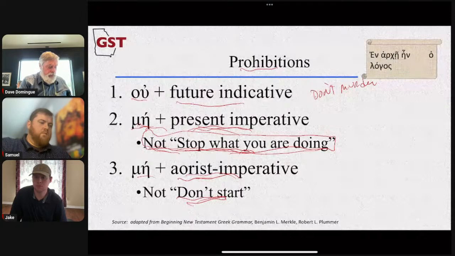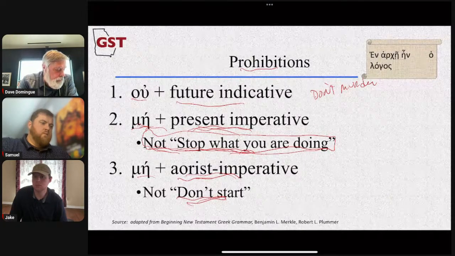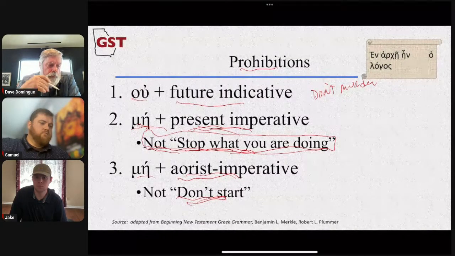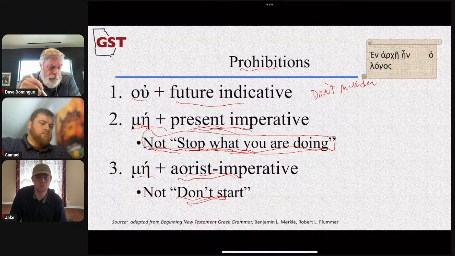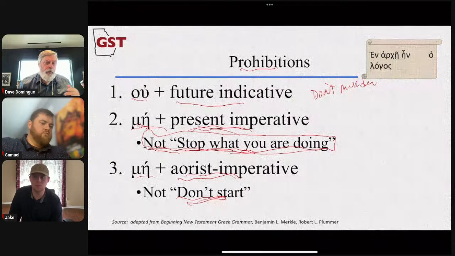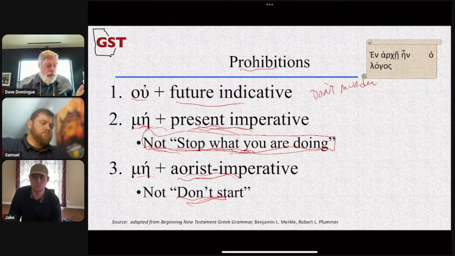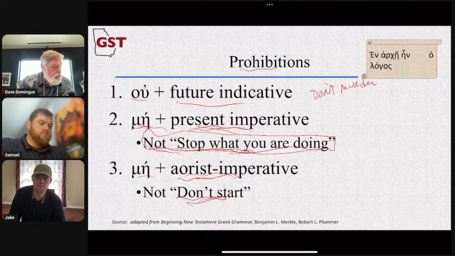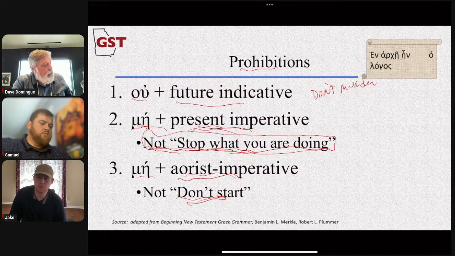Yes, in the advanced information, page 387, section 33.19. Recent research on prohibitions: for many years it has been argued that the force of the imperfective imperative, that would be the present imperative, right, has the basic meaning of stop what you're presently doing. Well, they come to the realization that that's not correct. While the force of the perfective imperative means don't start what you're doing, they come to the realization that's not really correct. It goes on, and on the next page, I've got it all underlined.